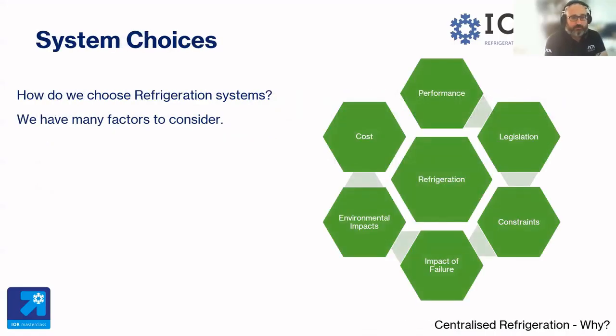So, back to basics. How do we choose refrigeration systems? How do we get to the optimal? Well, there's many factors. And first and foremost, it's performance. We have task, product, process, personnel, throughput, temperatures. We have the operational envelopes, design ambient temperatures, room temperatures, etc. We have legislation, regulation, standards, code of practice. Some will guide you, prohibit certain actions, and some will mandate or guide you to particular solutions.